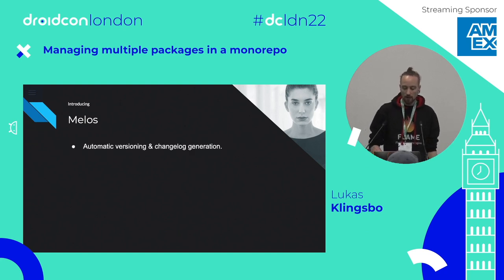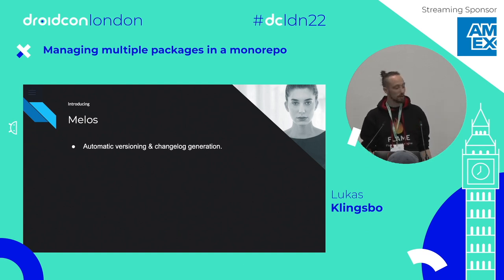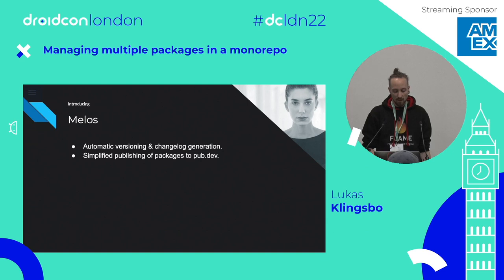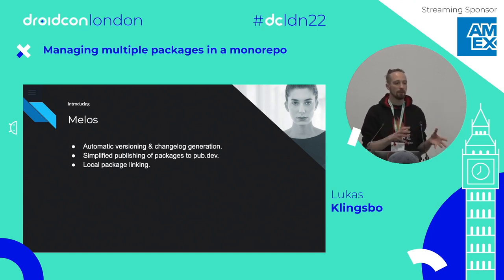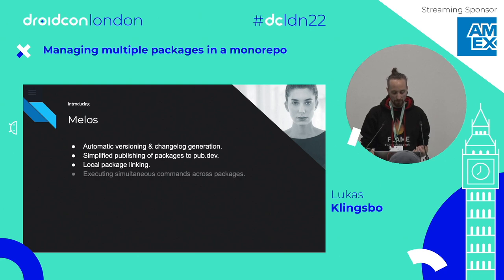And you get automatic versioning and changelog generation. So I will talk a little bit more about that later. And it becomes a lot simpler to publish a lot of packages to pub.dev when you want to publish several at the same time. And it links all of the packages that you have locally to each other without you having to go in and fiddle in the pubspec files. So it will either fix your lock files, or it will use the pubspec overrides YAML file for that, which